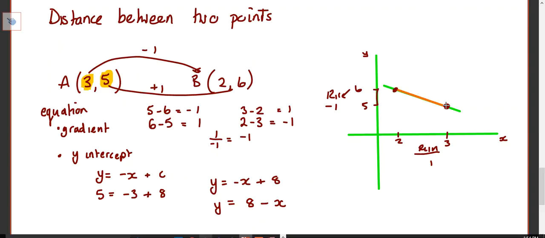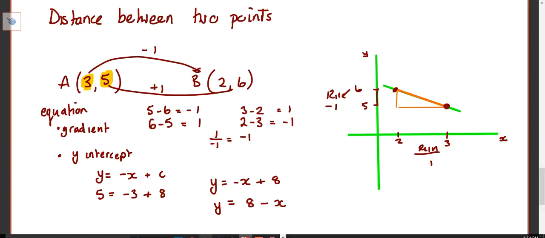So we use something that you already know, and we link it to the rise and run that you've already found. I know that my rise is -1, but in this case it doesn't matter if it's positive or negative, and my run is